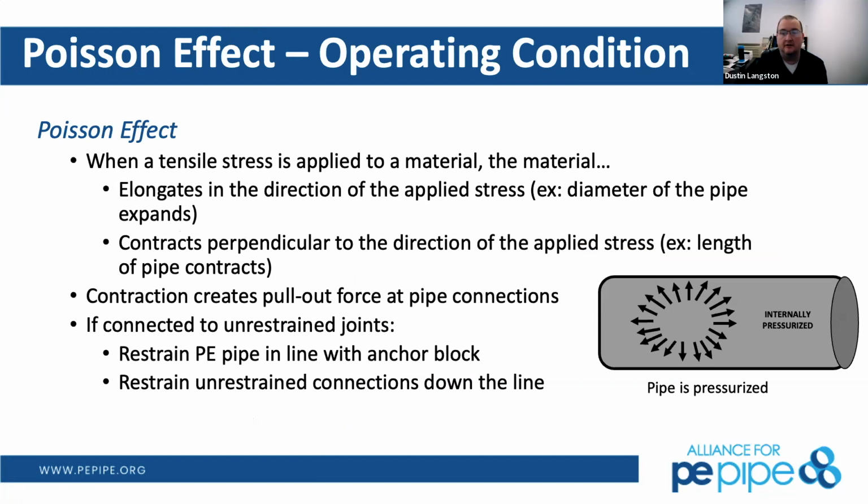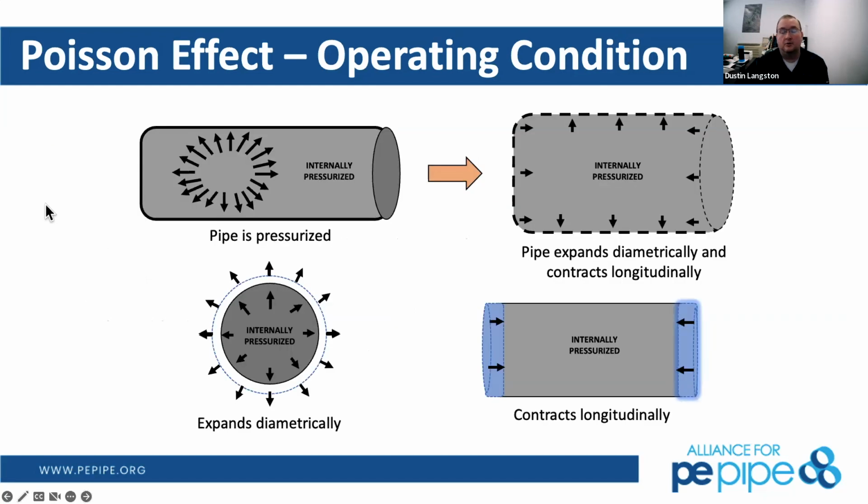So as we mentioned earlier, the pipe is fully restrained because of those fusion joints. Whenever you have a fully restrained pipe system, you have to take into consideration the Poisson effect. This is steel pipe, or any kind of pipe that is welded together into a pipe string. If you pressurize something and it expands circumferentially, it's going to want to shorten lengthwise. And so it's important to restrain that pipe if you transition to another material to avoid pull out,